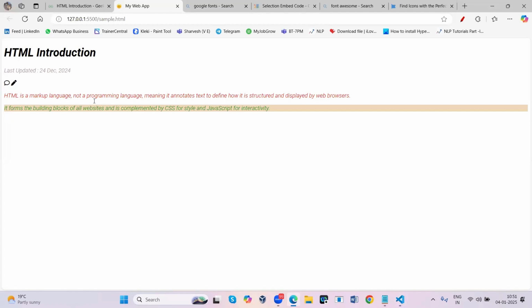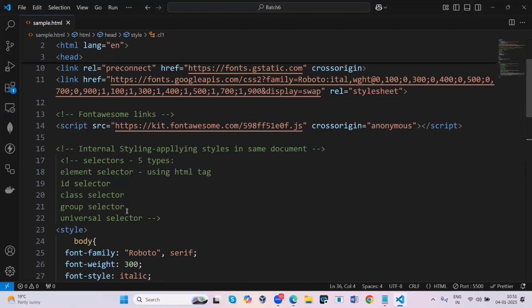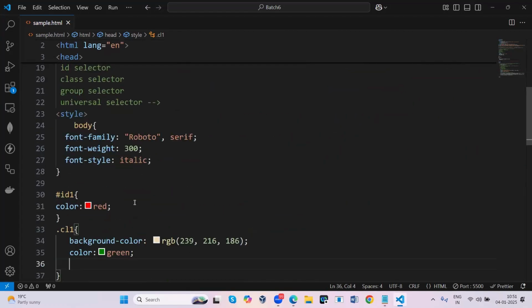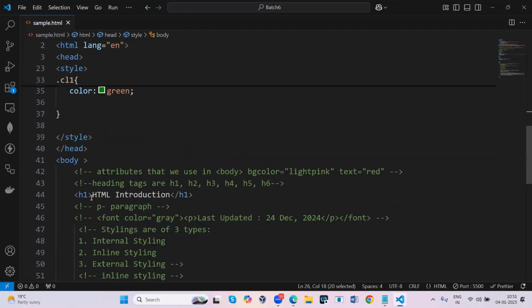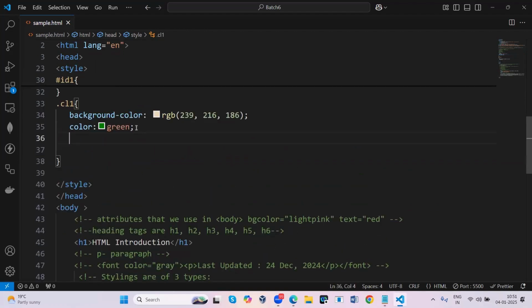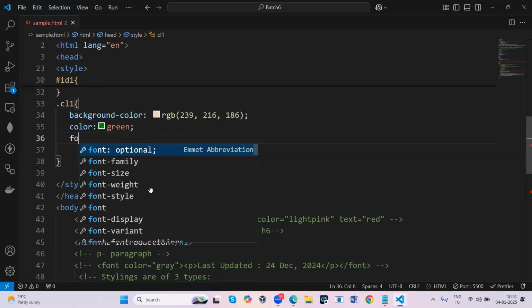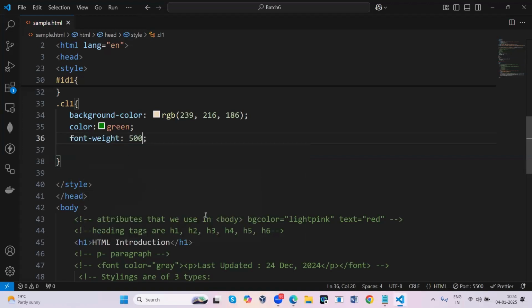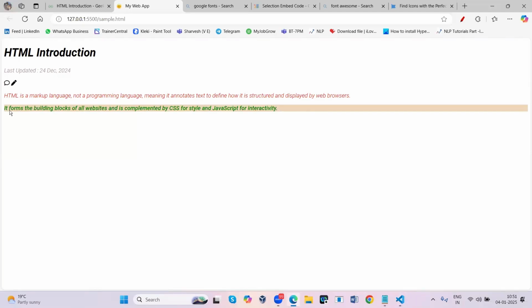By default it is taking 200 or 300. You can increase it only for that specific element by providing font-weight, something like 500, and only that one will appear bold.